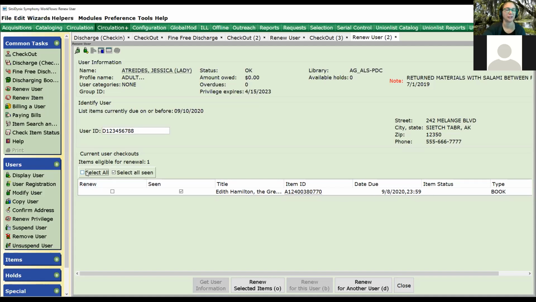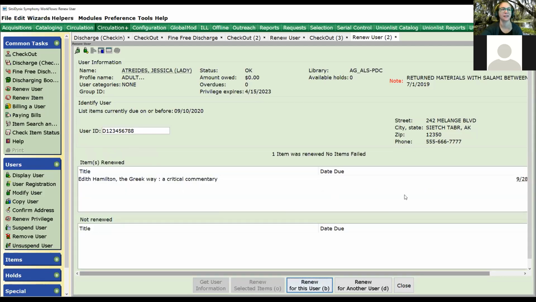And again, this is more useful if you envision a situation in which you have like 20 items. I can just click select all and renew those selected items. And now that one's also due on the 28th. So again, it's kind of hard to have a good example because I never have a test card with like 50 checkouts on it, but you may have a situation where you have a teacher